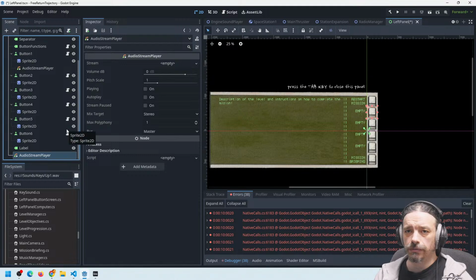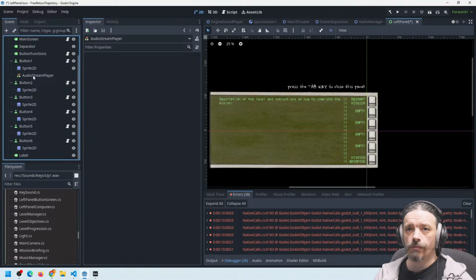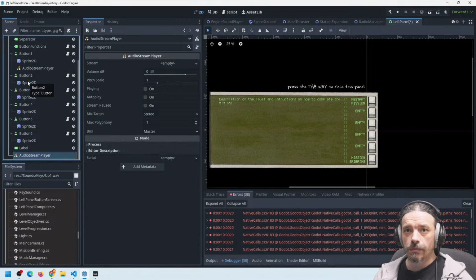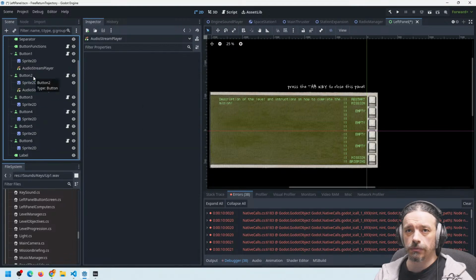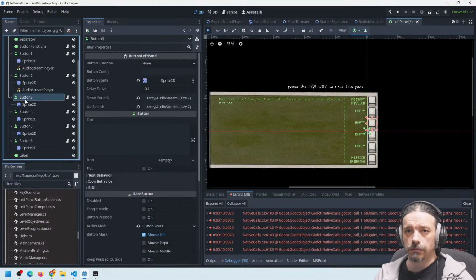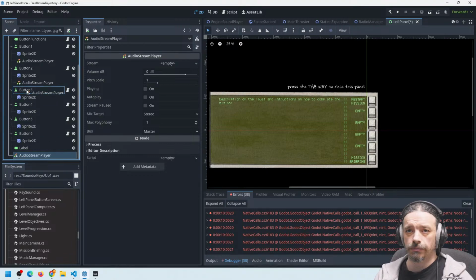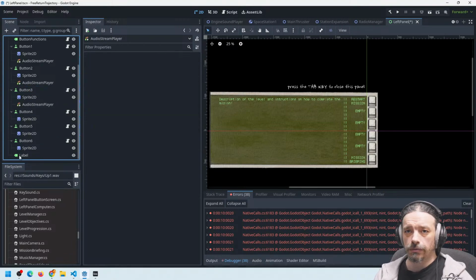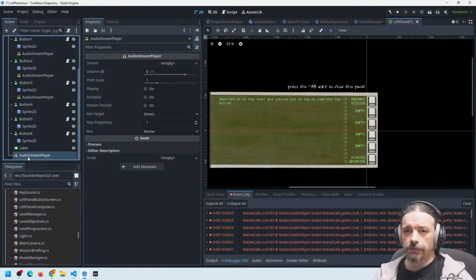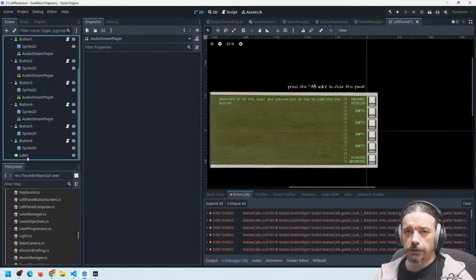Control-Shift-V. Undo. Paste. Yeah, a sibling of that one, come on. Paste. Okay. It's not very friendly, but it's only 6 buttons, so